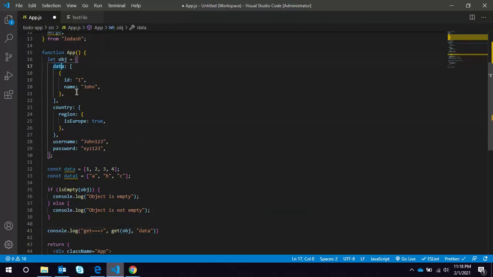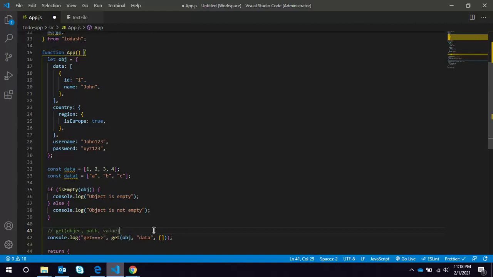So we have to target this data key in the object. Behind the scenes the syntax is something like this: object, path and value.